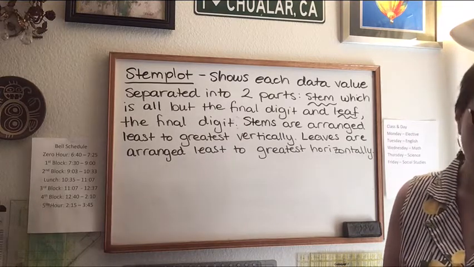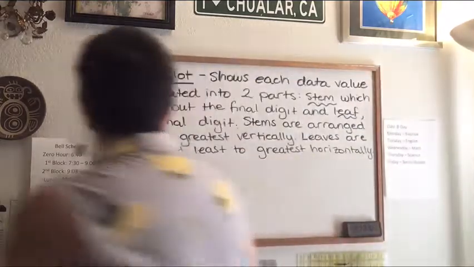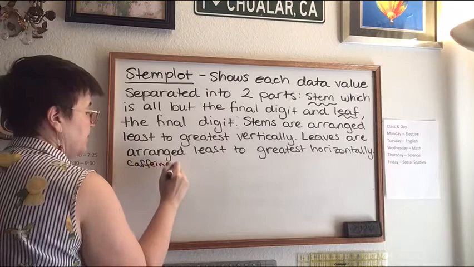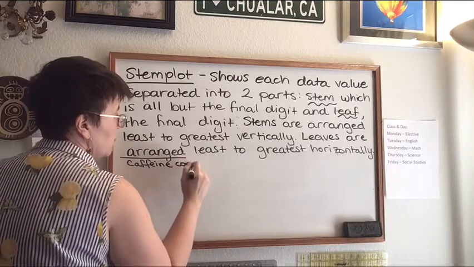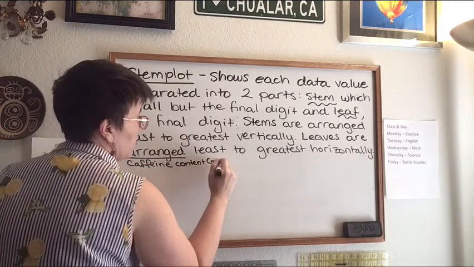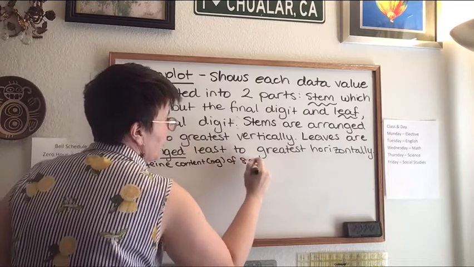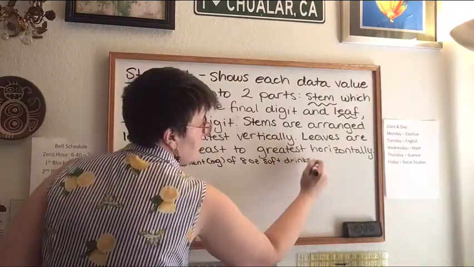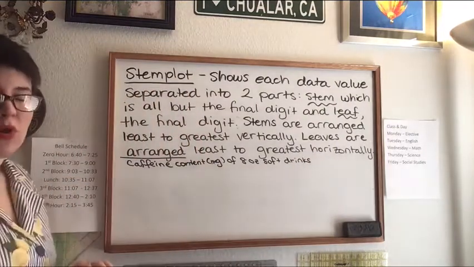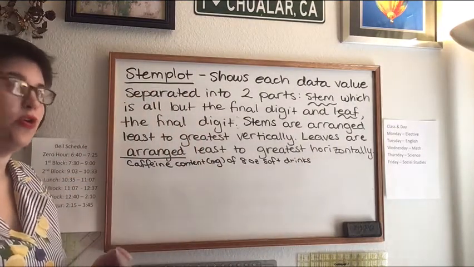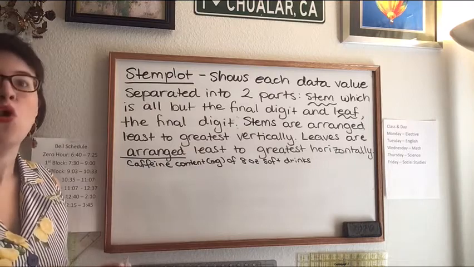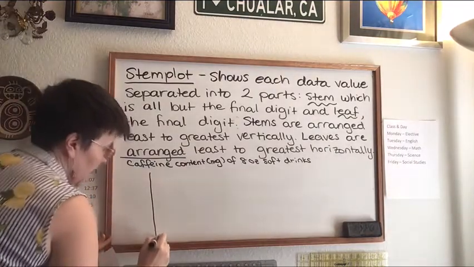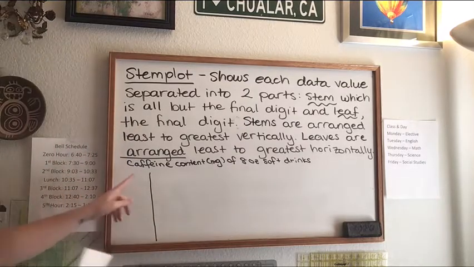So let me show you a picture. All right, this is going to be caffeine content in micrograms of 8-ounce soft drinks. Once I show you what this looks like, I'm going to talk to you a little bit about some of the ways you think about this when you're going to draw your own stem plot or when you're interpreting a stem plot. So what you do is you draw this vertical line,